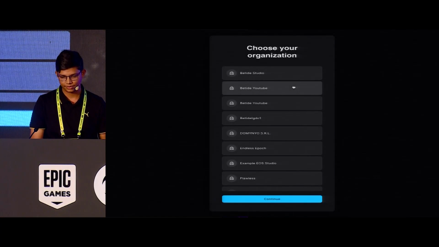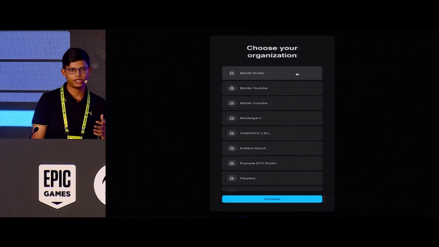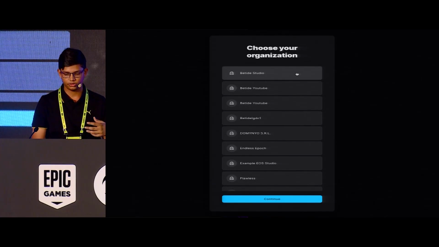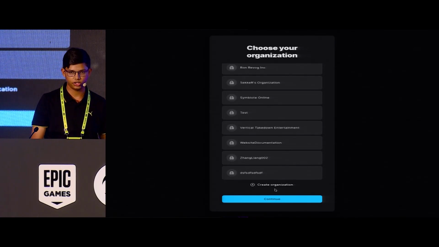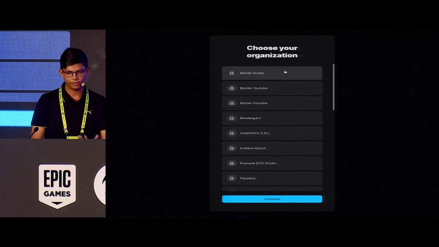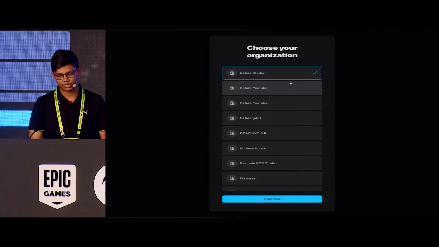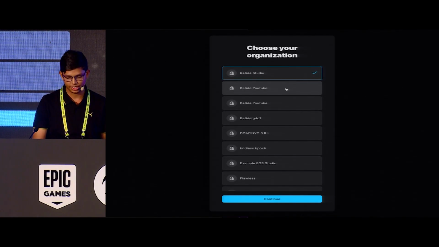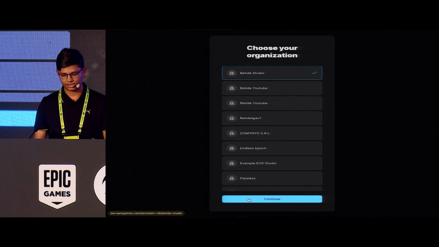It's taking a bit of time. But yes, select your organization. Organization is per studio. Normally you can create a new organization in case you want to create a new one, but normally I will be using an already existing organization. It's just a name that you can directly put. So it does not have any organization-wise settings,